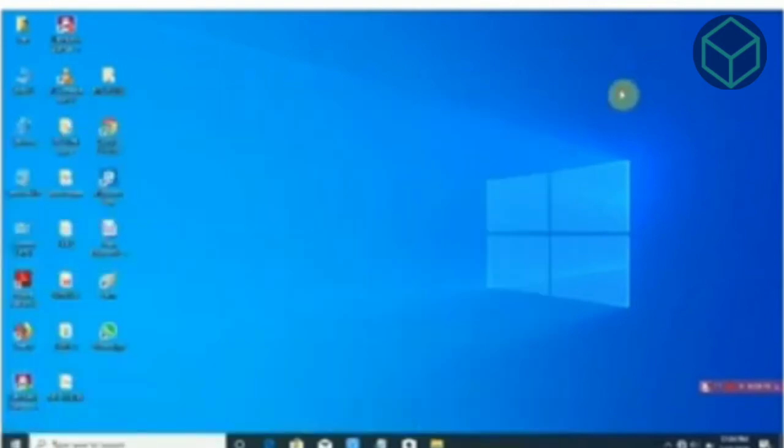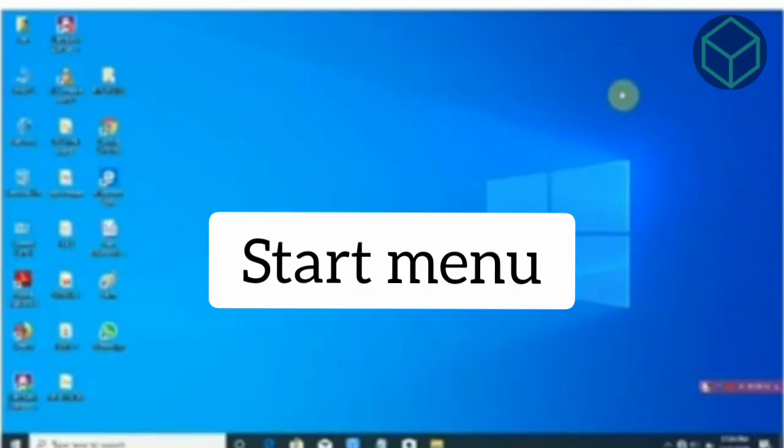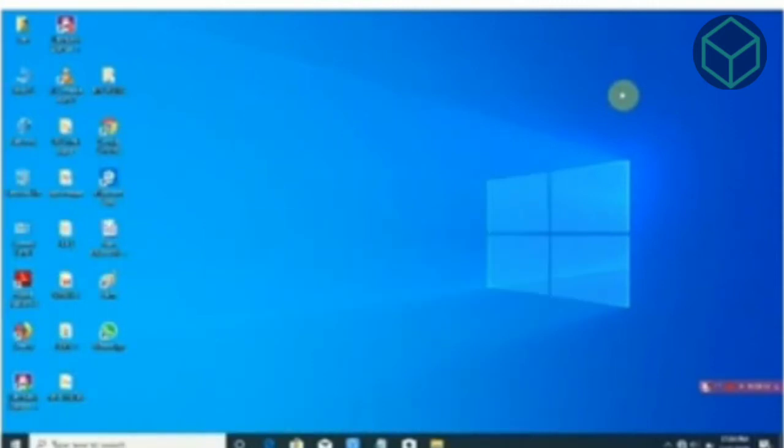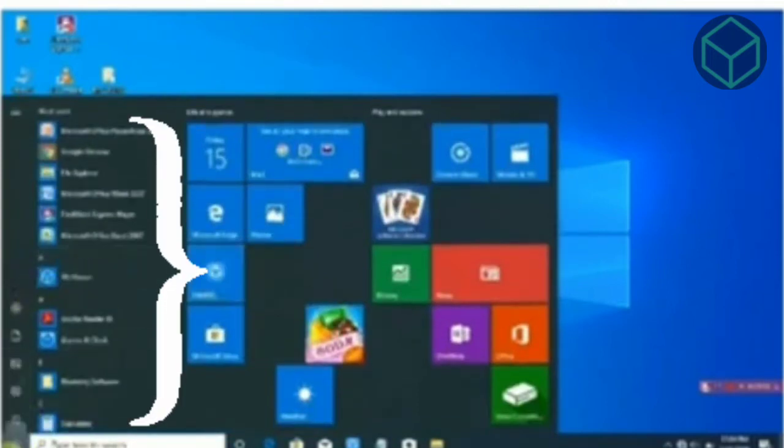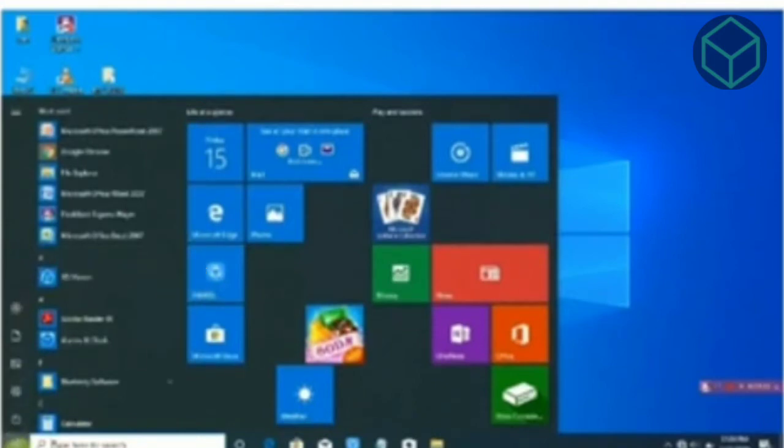Next is start menu. This menu provides options in two different panes. The left pane gives the access. See, again it is talking about the same thing. This is the start menu. When you click over the start button, half of the screen appears on your desktop. One side will show the files which are present in your computer and the other side will show the programs which can be accessed with the help of internet.